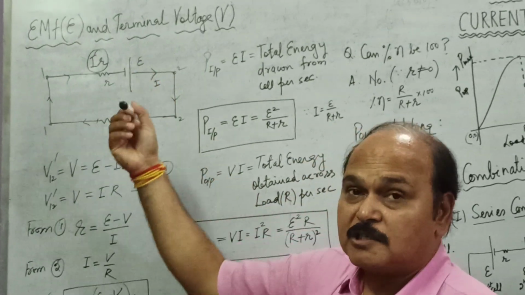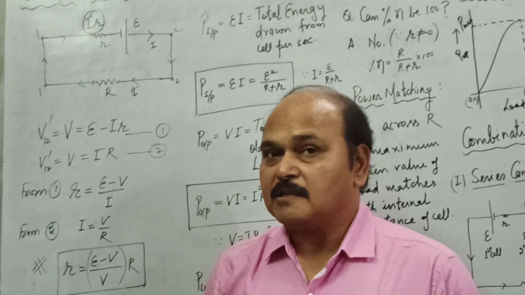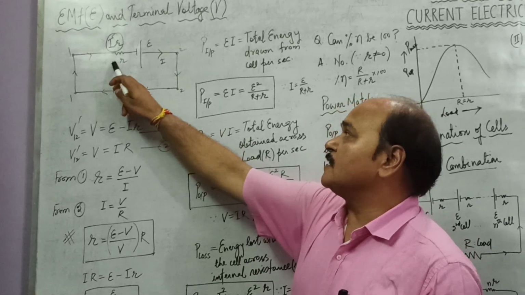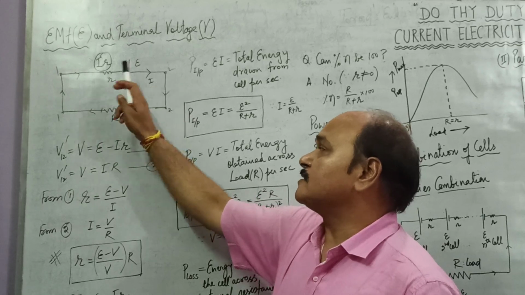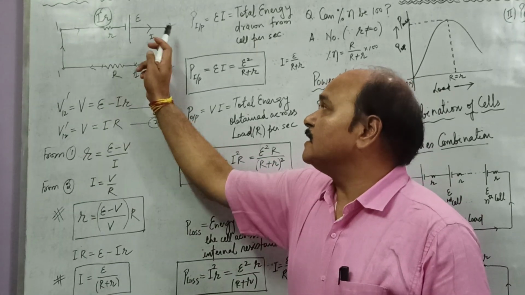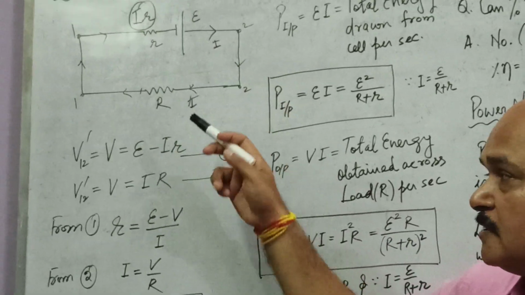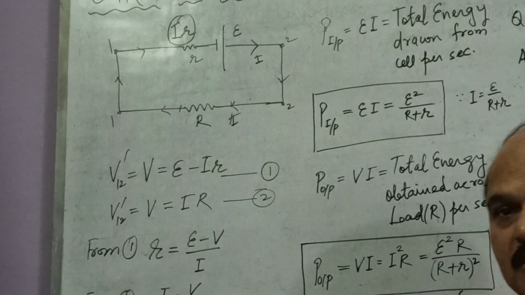This is the value of voltage which drops within the cell to overcome the internal resistance, you can say. So a part of the EMF drops across the internal resistance. So the remaining EMF, remaining potential difference, is what is terminal voltage. So what is terminal voltage? E minus this potential drop, that is Ir, within the cell. So these are two expressions for terminal voltage of a cell.